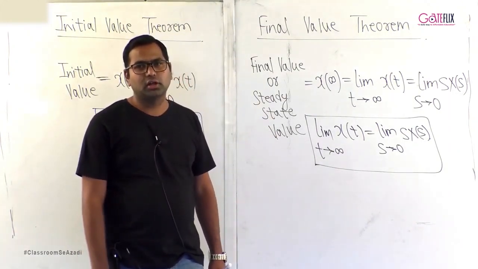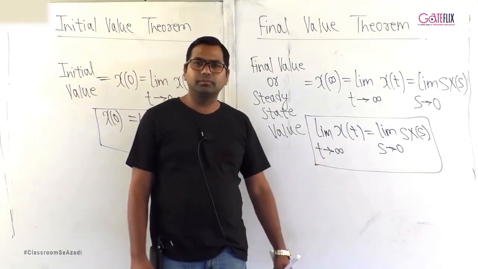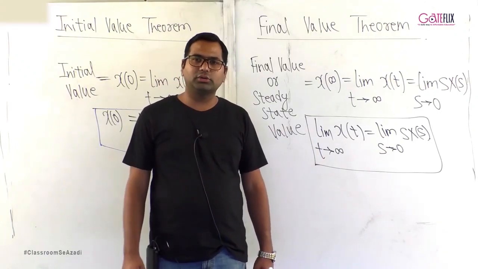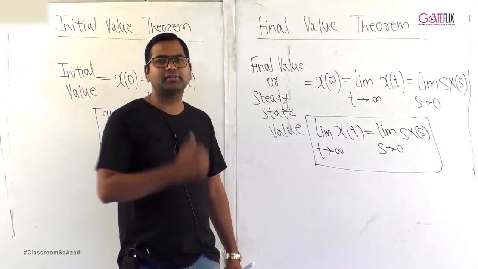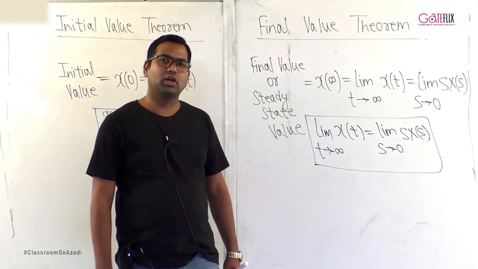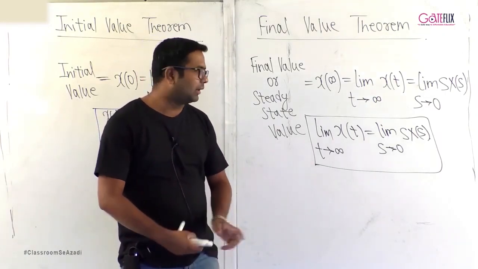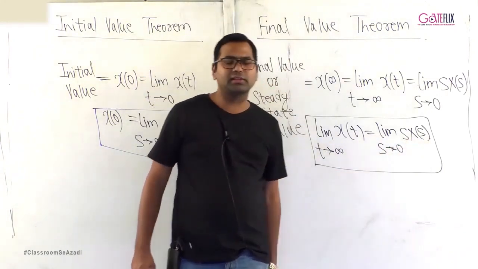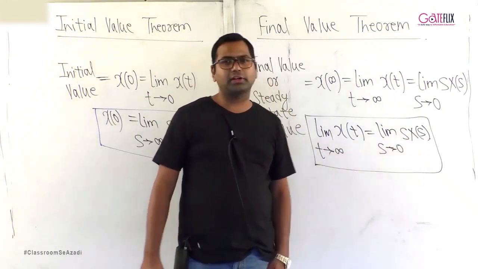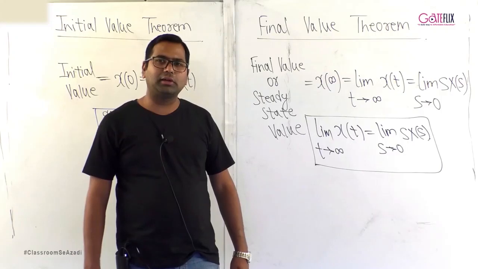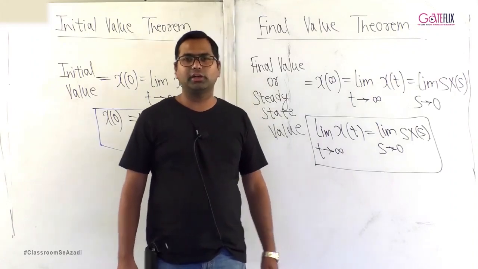Before we proceed to questions, there are three important points I want you to remember about the final value theorem. Point number 1, the final value theorem can be used if the poles of capital X of s lie to the left hand side of the j omega axis. I would repeat, what you have to remember is that the final value theorem can be used if the poles of capital X of s lie to the left hand side of the j omega axis. If the poles of capital X of s are to the right hand side, then the final value does not exist. And since the final value does not exist, you should not use the final value theorem.